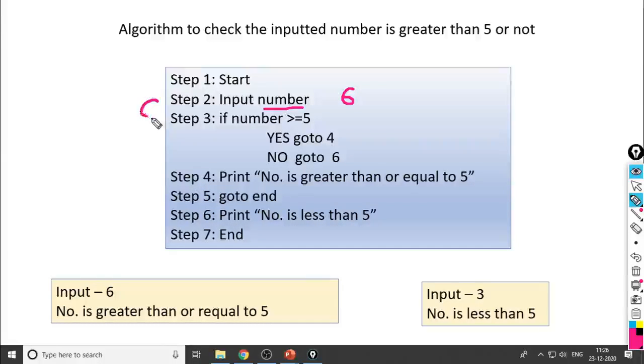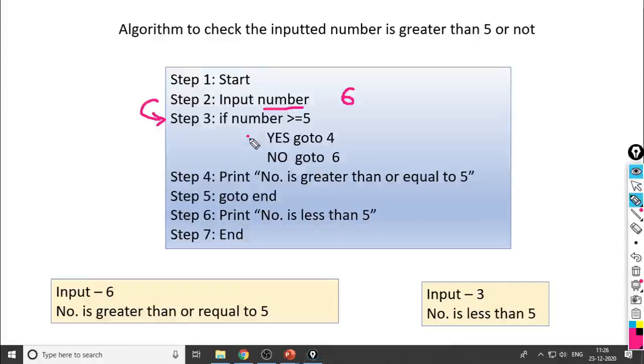Then control goes to execute the next statement. Step 3, it will check if number is greater than or equal to 5. What is the inputted number? 6. The conditional statement is if number is greater than or equal to 5. It returns true because 6 is greater than or equal to 5.